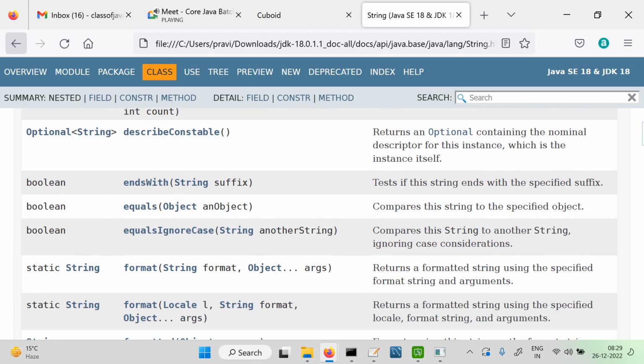Okay, it ends with a particular string. Is the end, is it having this in the suffix? Okay, Boolean, true, false, starts with, ends with. Fine. This format method, we know printf,